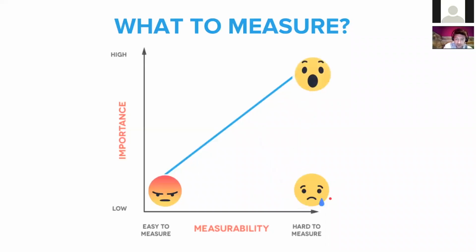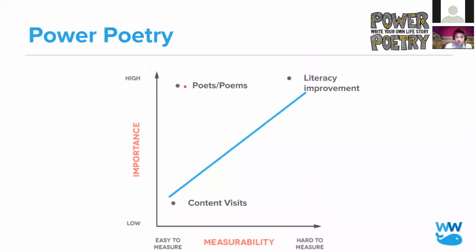Over here, this makes me sad. This is more amazing, right? If we're over here in the hard to measure and the low importance, like why are you wasting your time? Where you want to end up here is the happy Facebook photos and pictures and emojis. These are where we want these metrics to end up. We want things that are highly relevant to the outcomes of our organization, but also ideally are easier to measure, so you don't have to break the bank in getting there.